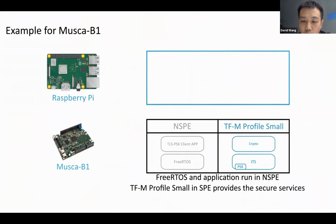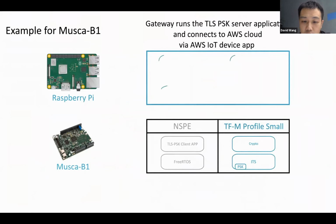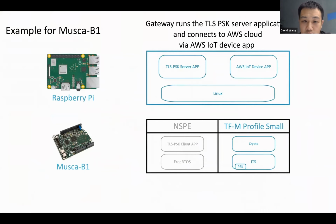We have TFM Profile Small running in the secure side, and FreeRTOS and the application running in the non-secure side. In the gateway, we run Linux and some applications. So in the handshake stage,